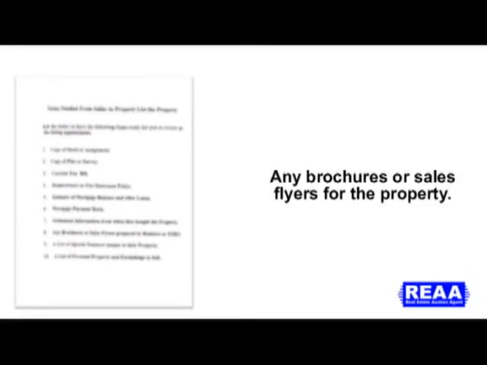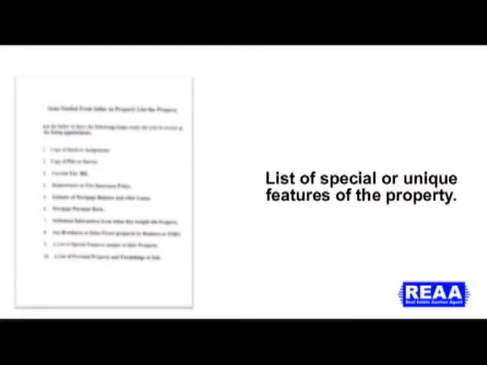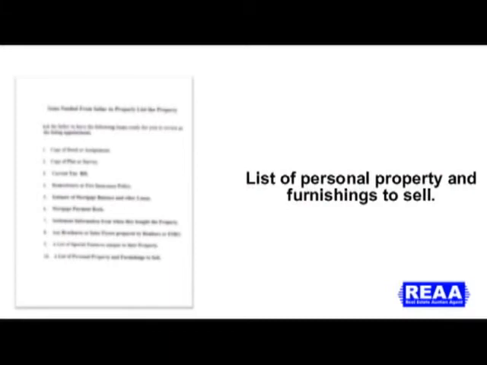Any brochures, sales flyers prepared by realtors or by the FSBO themselves. It will save you a lot of time if they have the information already cataloged for you and you can just refer to it and verify that information. A list of special features unique to their property. Every owner has done something to their property that's unique for their benefit, and you may overlook it and want to be able to tout that when you're selling the property. A list of personal property and furnishings that are to sell with the property, or things that may be excluded from the property, including washer, dryers, things of that nature, curtains, or other important things to the seller that may not be as important to the buyer.